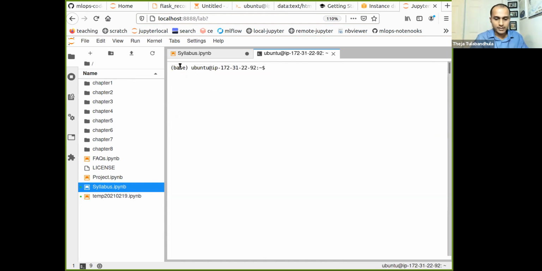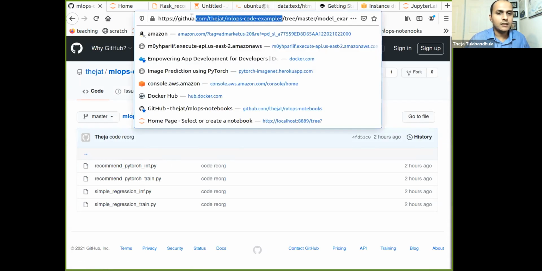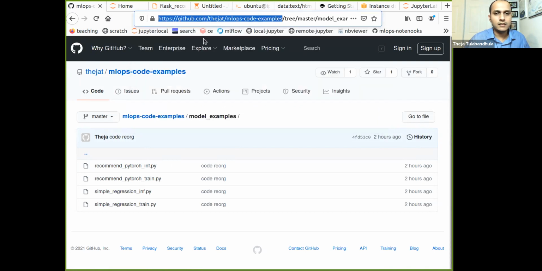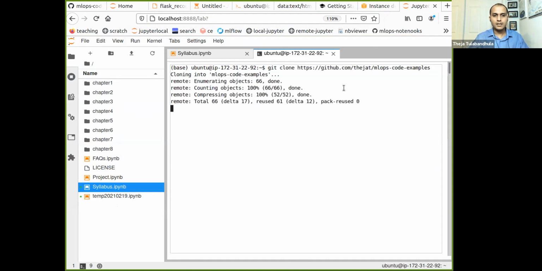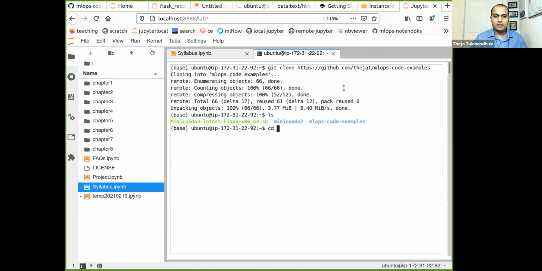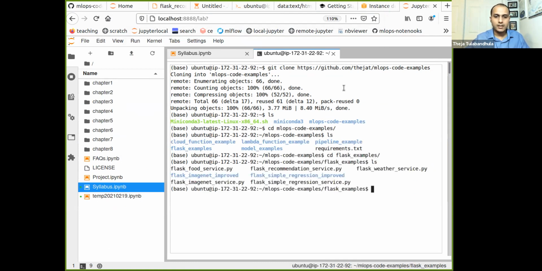So what we'll do now is git clone MLOps code examples. And then let's go to Flask examples.